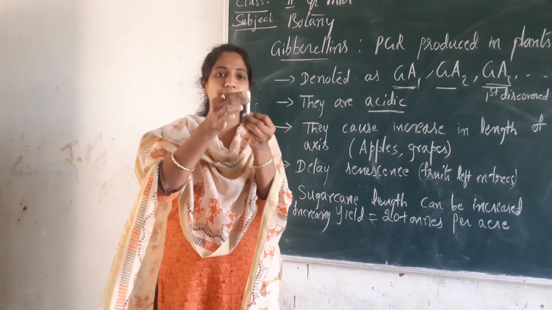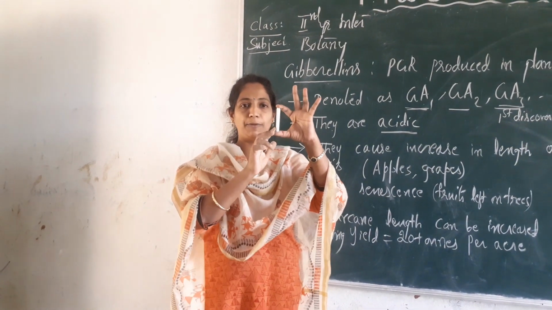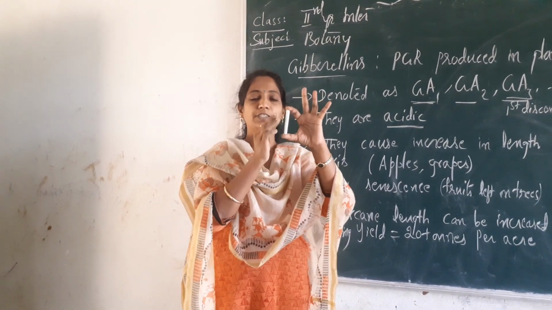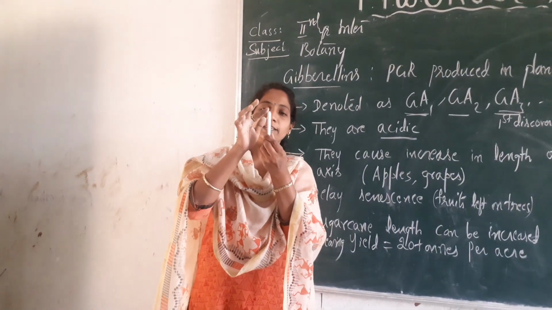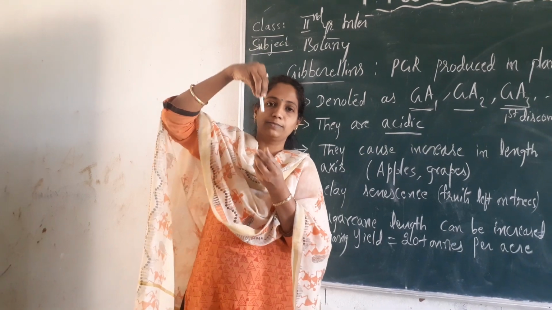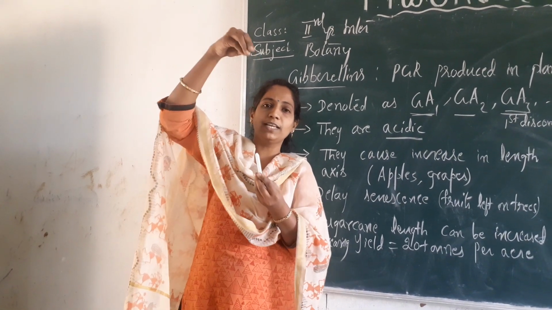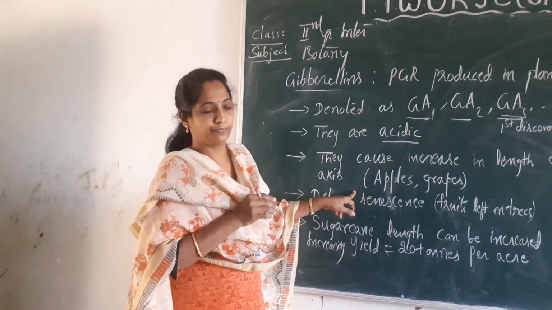So this is the axis of a plant. If you take a plant, this is called the axis of a plant. You will have the leaves growing here like this. So this is the axis of a plant, and along this axis growth will occur. So it will increase like this. Okay. So the growth will increase along the axis.